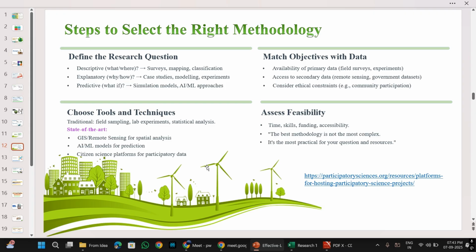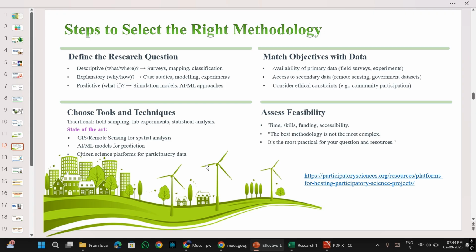Also whether you have access to the already available data, right? So if you want to use maybe some government data, some government has already conducted some surveys, and that data, whether you have access to it, whether you will be able to bring it. So that is also important. And then you have to consider the ethical constraints. If a community is participating, then you have to make sure that you take their consent and things like that. Yes, correct, like FSI data, yes, correct.